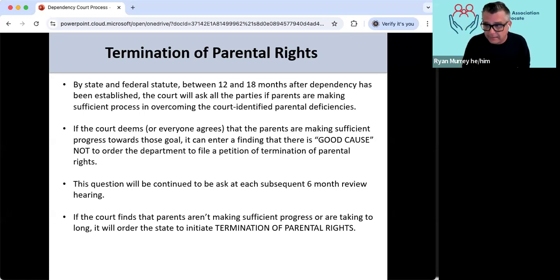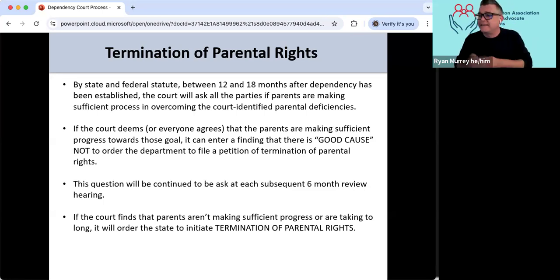When you terminate a child's right to their family, that is permanent and forever. And so before the court decides to do that, they want to make sure they've got all the ducks in a row. Because just like criminal death penalty cases, termination of parental rights is going to be appealed.